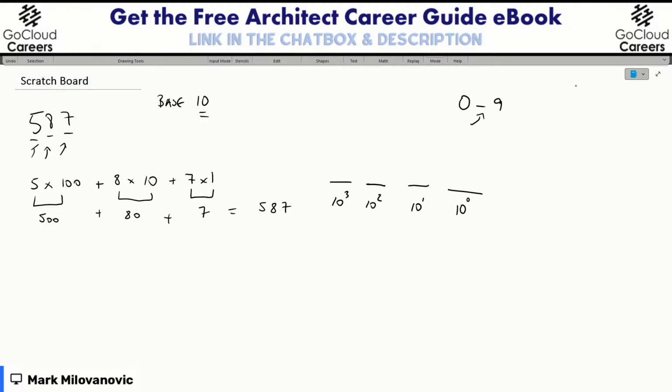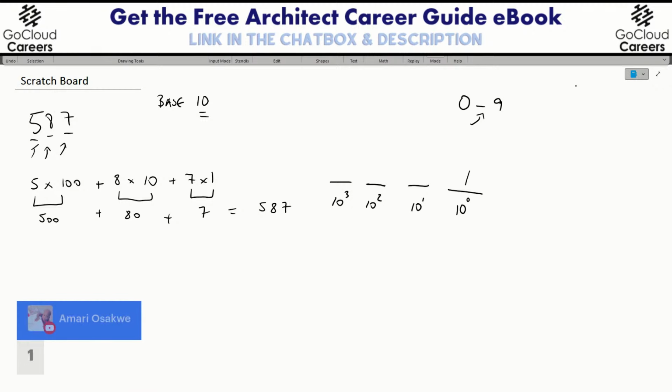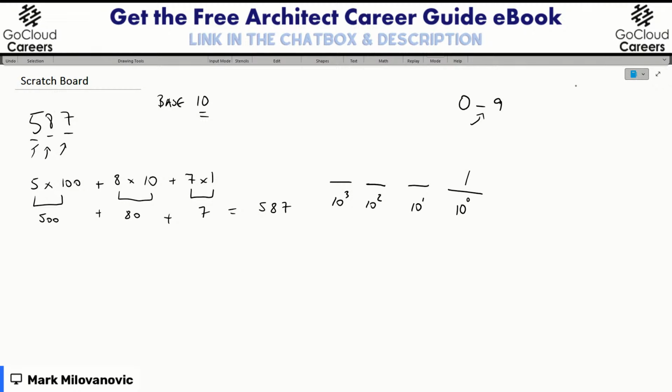I'll give you a couple more seconds. So what is 10 to the 0 power? All right. Fantastic. It is 1. Perfect. All right. What is 10 to the first power? Again, I'm just doing this on purpose so we can warm up the blood a little bit as we continue. So what is 10 to the first power? It is 10.